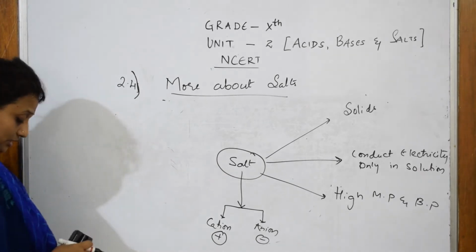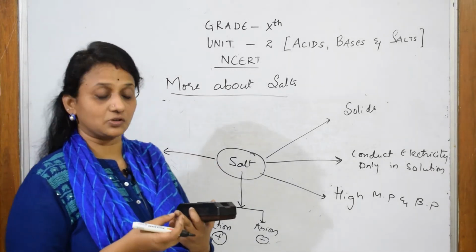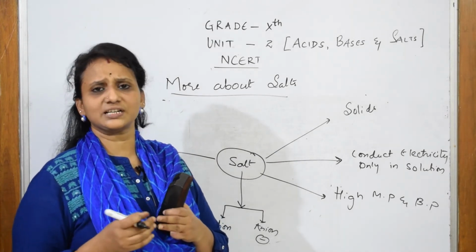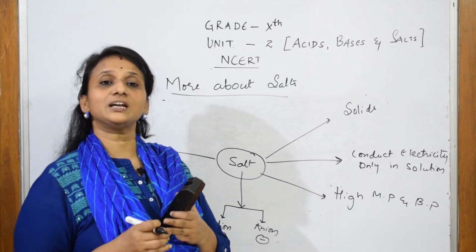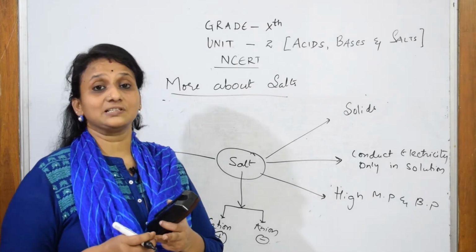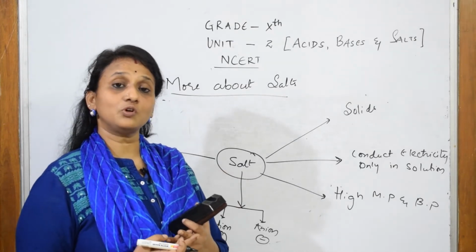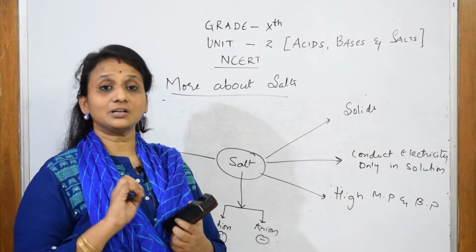Next important thing you have to remember: if I have to speak about salts, from where do we get these salts? In the lab, it is a neutralization reaction. If I have to speak about the common salt, where do we get it? We get it from the sea, isn't it? So you have 2 varieties of salts: one which we get from the sea, and one more which you get as a deposit, that is rock salt. So common salt and rock salt.